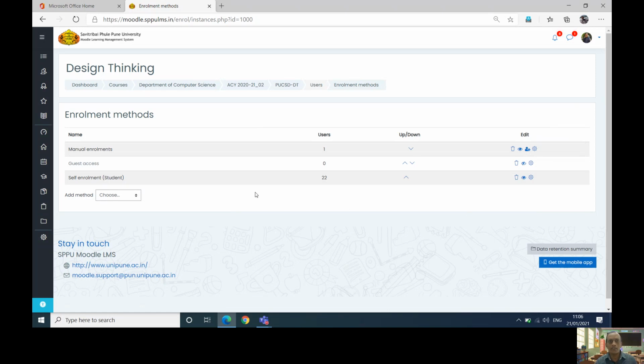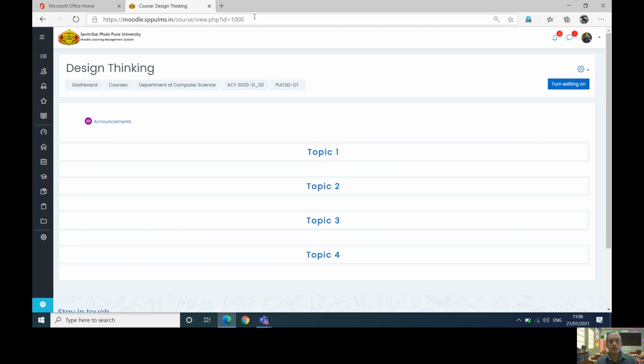Now when you activate this, ultimately click again onto your course code, and whatever link you are getting here, this is to be shared with the students. So it is the same process that we carried out in the earlier case, right? And this is how the students will be getting registered.